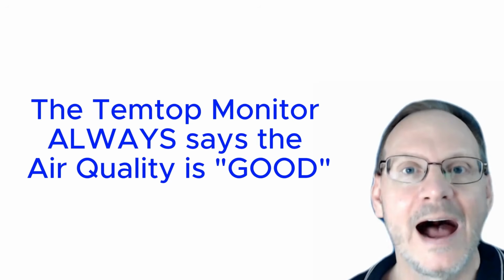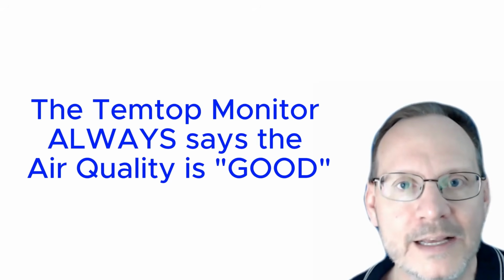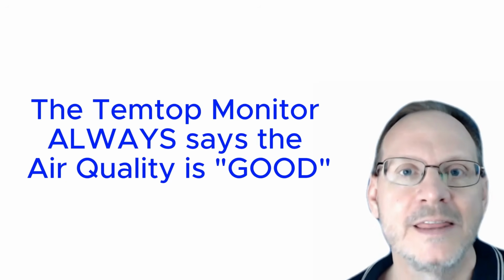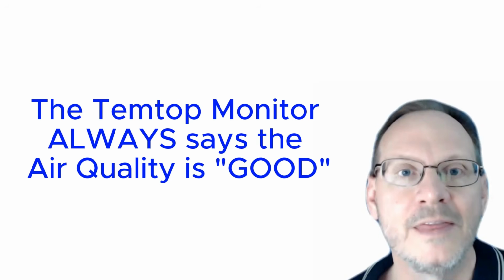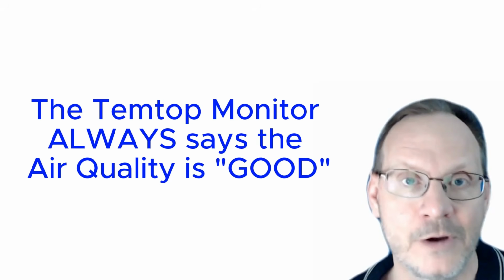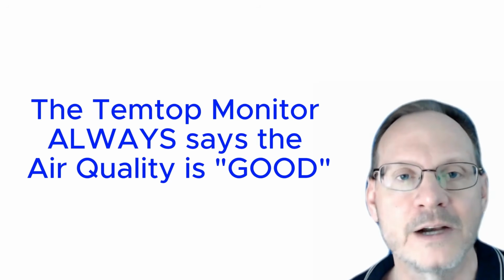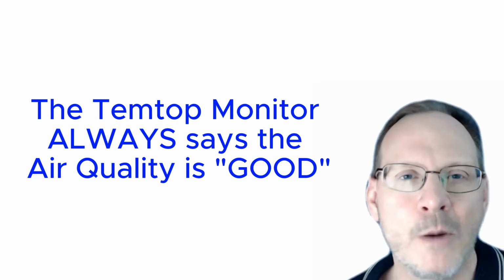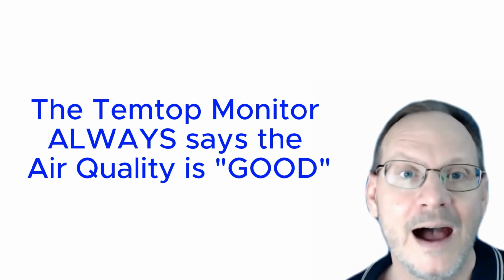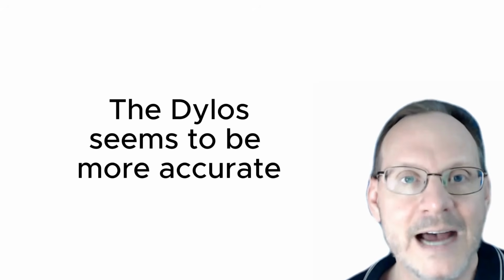At the end of the day, I do not want tons of people to buy these testing monitors and automatically believe their readings when they say that you have good air quality in your space, as I currently believe that in many cases, this will give people a false sense of security in their air quality, and I do not want that. That is more dangerous than not having any idea of your air quality. I currently believe this Temtop sensor is pretty inaccurate for detecting the particles that are 2.5 microns in size. It seems to almost be on a default setting that almost always says we have good air quality in our space. I currently believe the Dylos DC1100 is more accurate, but